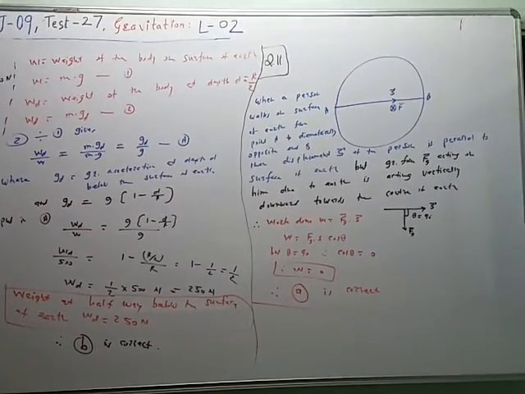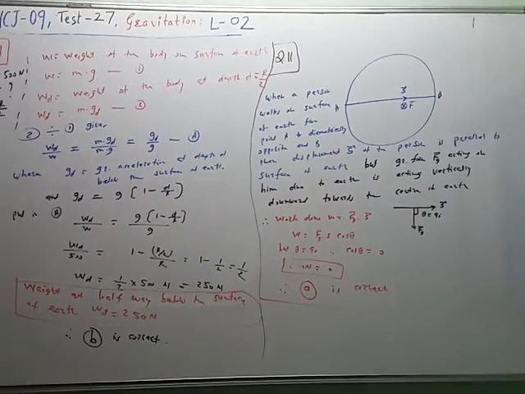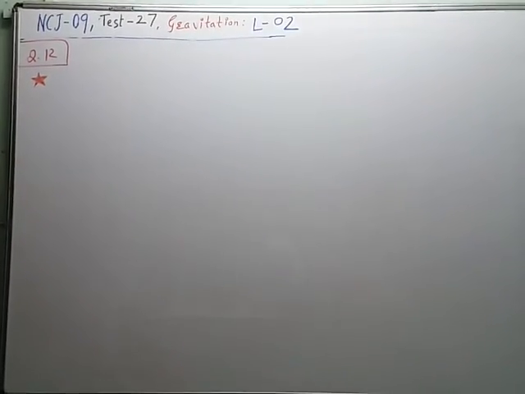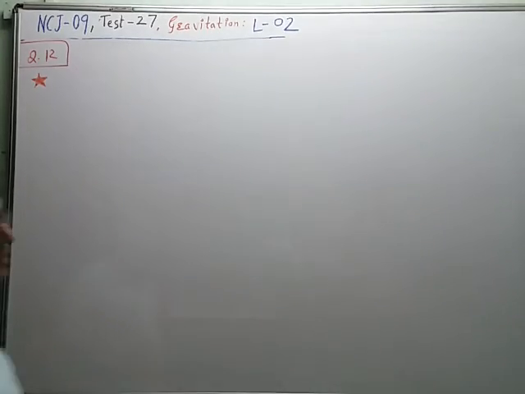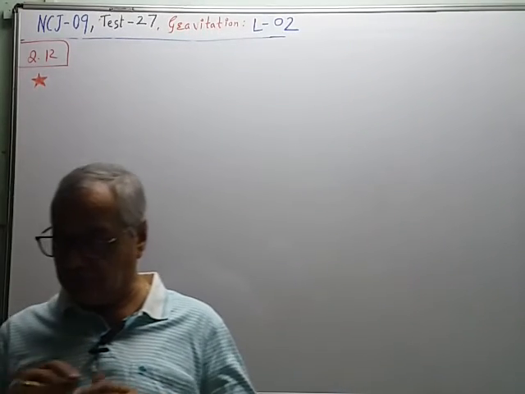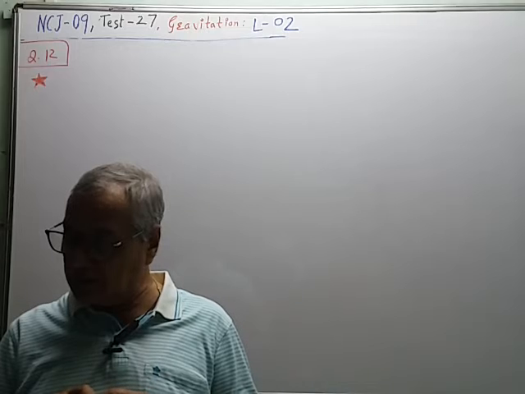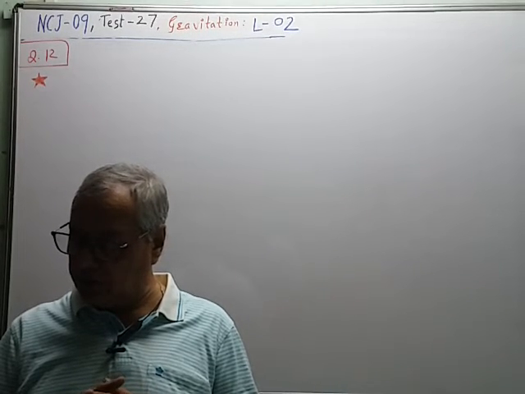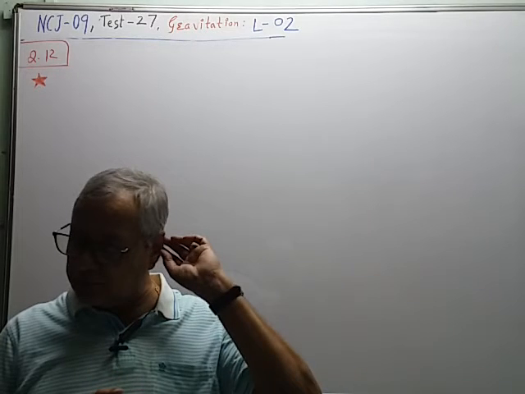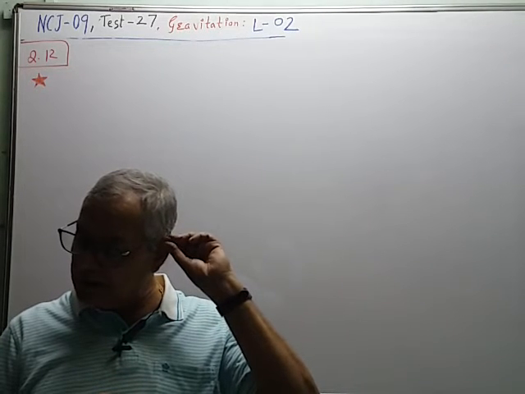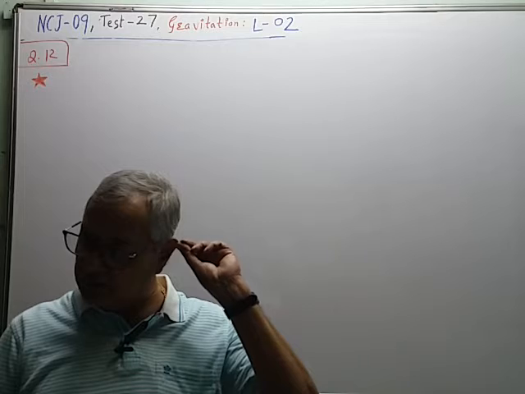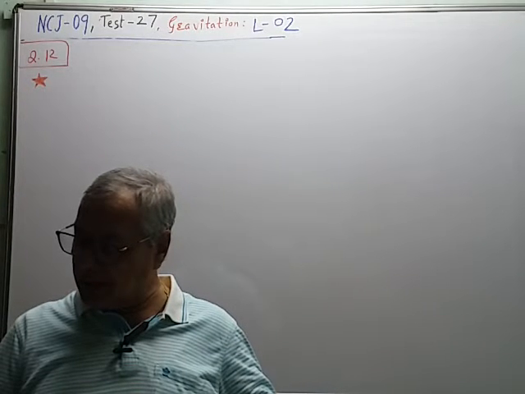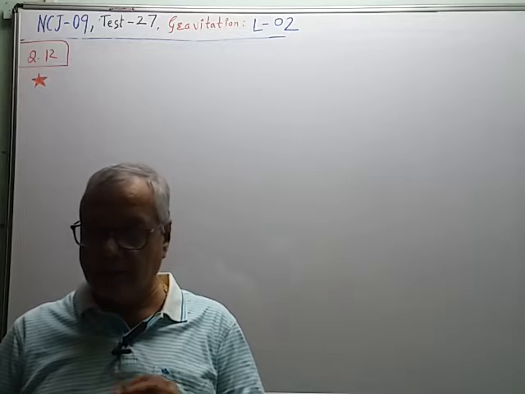So if the motion is upward or downward, then definitely there will be work done positive. Let us see the next question, 12. If g is the acceleration due to gravity on the Earth's surface, the gain of the potential energy of an object of mass m raised from the surface of the Earth to a height equal to the radius R of the Earth is.